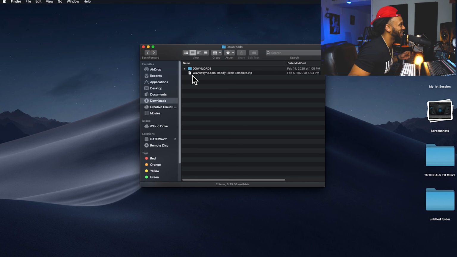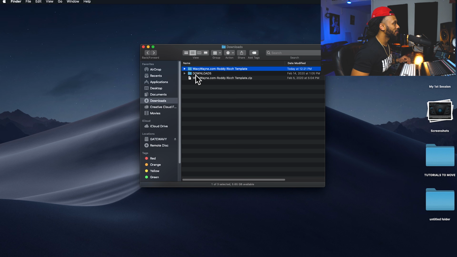When you purchase the template, it'll be available for immediate download. All you have to do is go ahead and open up the downloaded zip file and first read the instructions that say read me, but I know y'all ain't gonna do that, so let's go ahead and take a look at this together. All right, so I'm gonna go ahead and open up the zip folder,